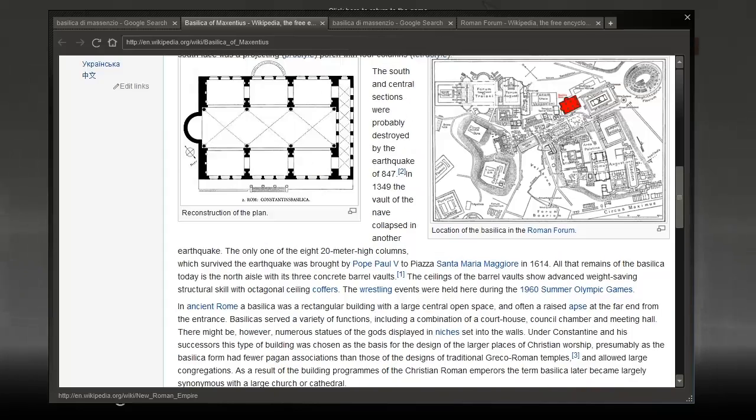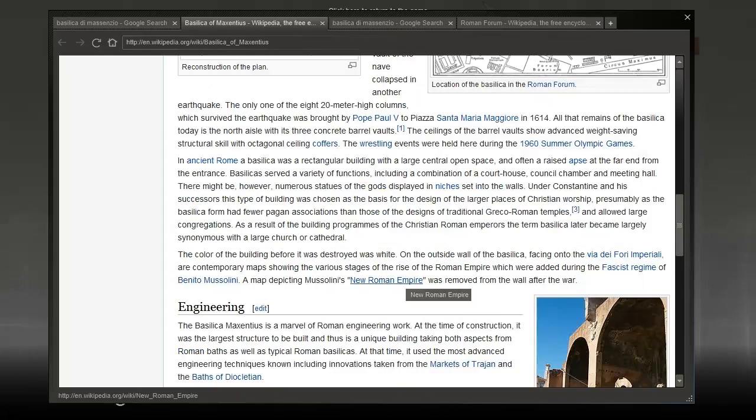So it was just a meeting hall, a secular meeting hall for the most part. The color of the building before it was destroyed was white. On the outside wall of the basilica facing onto the Via dei Fori Imperiali are contemporary maps showing the various stages of the rise of the Roman...